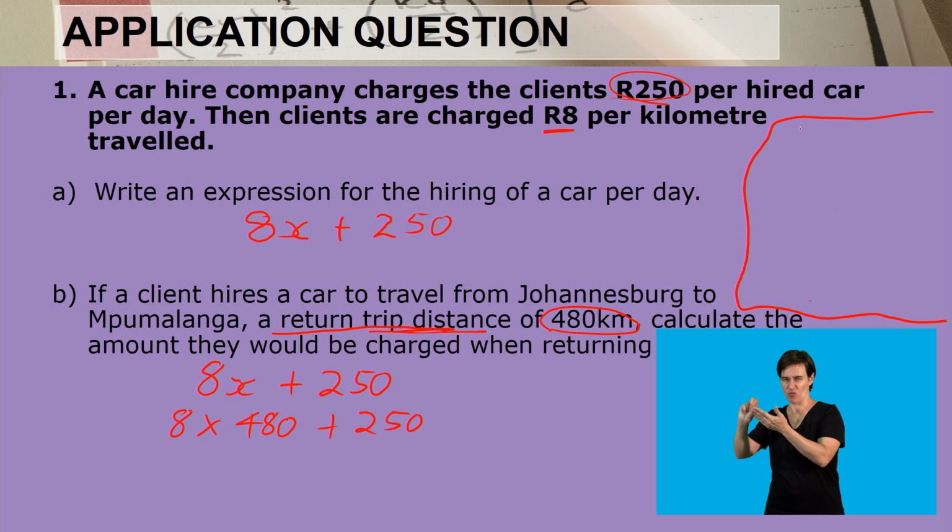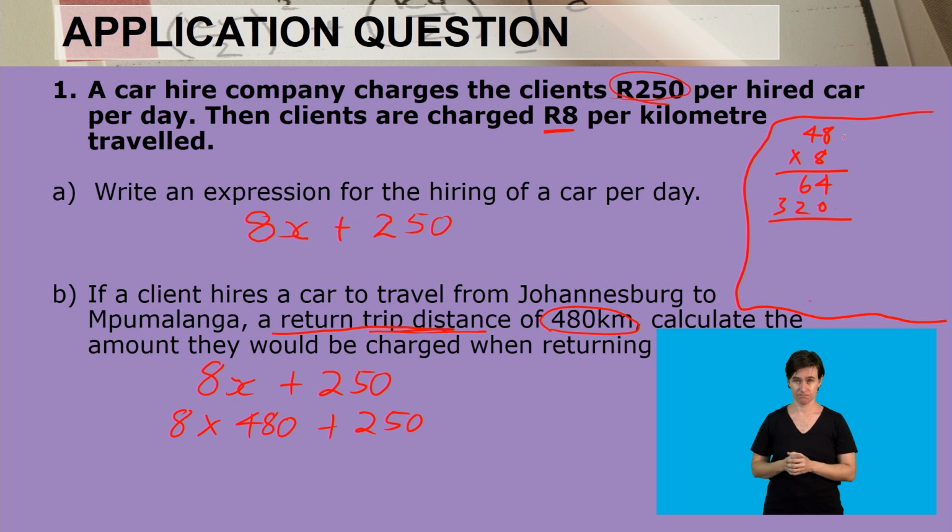I will start with the numbers 48 multiplied by 8. In this case, it would be 8 multiplied by 8, which is 64. And then 8 multiplied by 4, which is 32. And then add them out. 4 plus 0 is 4. 6 tens plus 2 tens is 8 tens, and 300. But then I was given 480, not 48, so I'll add a 0